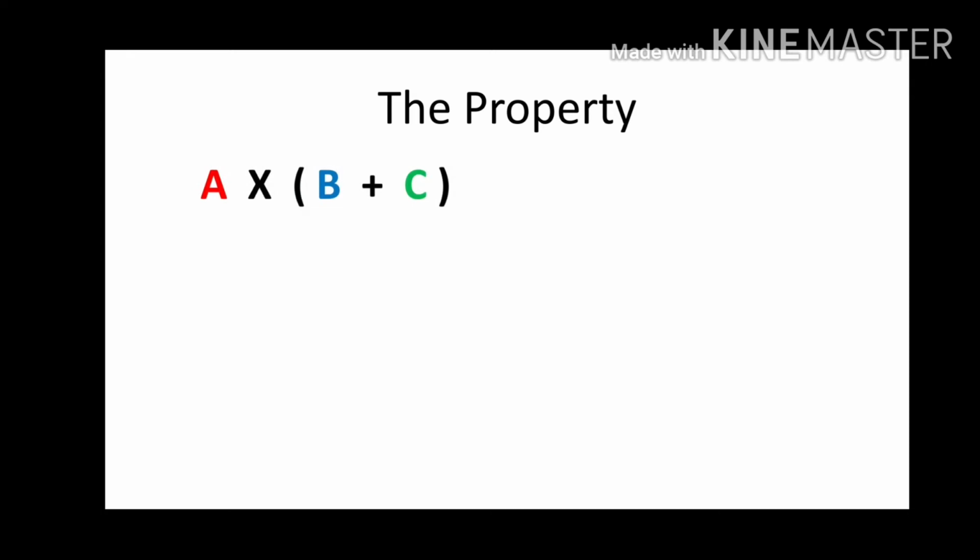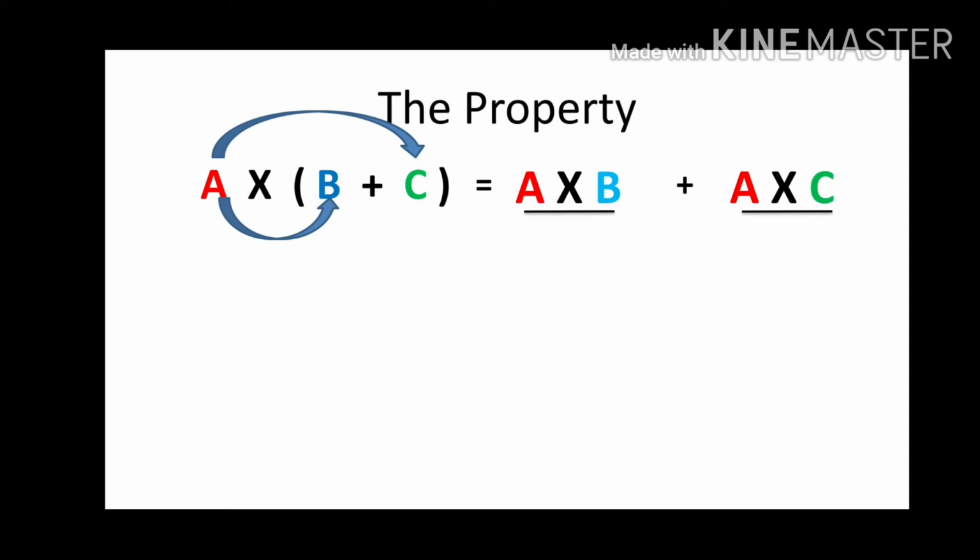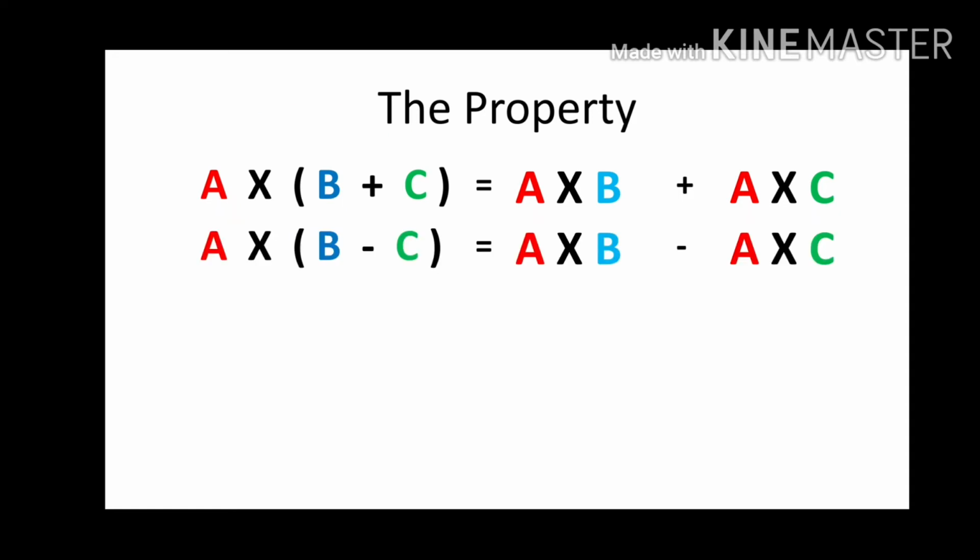Here A multiplied by B plus C, we can see B plus C is inside the bracket. So here B and C resembles the mangoes and the apples here. And A is the number of baskets. So we can say A group of B and A groups of C. So in simple thing, when A is multiplied with B plus C, A must be multiplied with B, again A must be multiplied with C also. So we can say this for subtraction even. So A multiplied by B minus C is equals to A multiplied with B minus A multiplied with C.